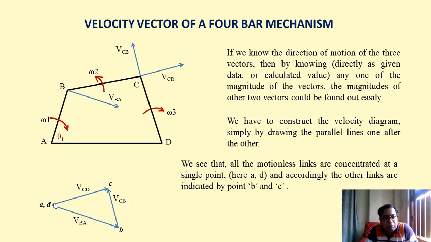Suppose, as we know that A to B was 10 centimeter, now we may find B to C, which is equal to 5.5 centimeter, and C to D is equal to 8 centimeter, for example. So if it is 5.5 centimeter, then we know that this is representing 5.5 meter per second, and CD, if it is 8 centimeter, then we know it is representing 8 meter per second. So it is simple, just like that.